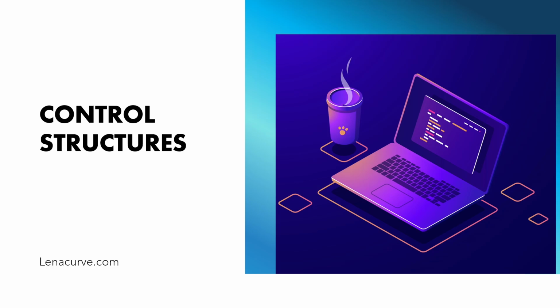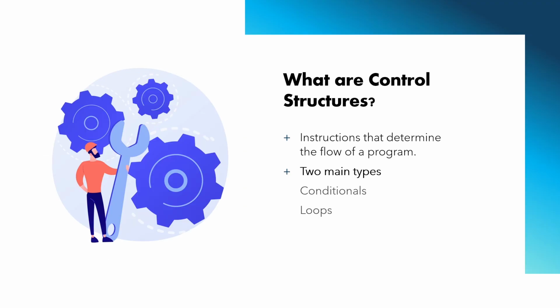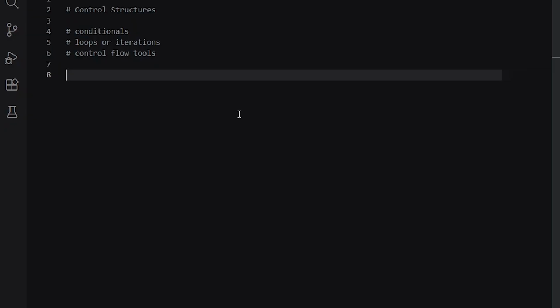In this lesson, we're going to learn about the control structures, otherwise known as control flow statements. These are structures that allow us to alter the flow of execution of programs. Now, before we go into the details of control structures, I want you to understand that programs typically execute from